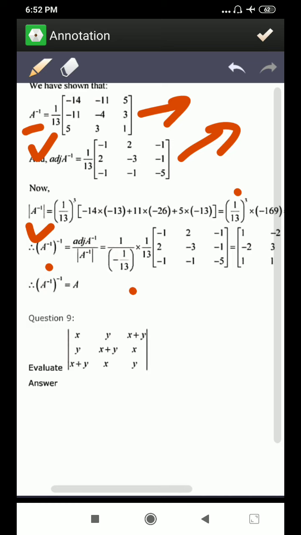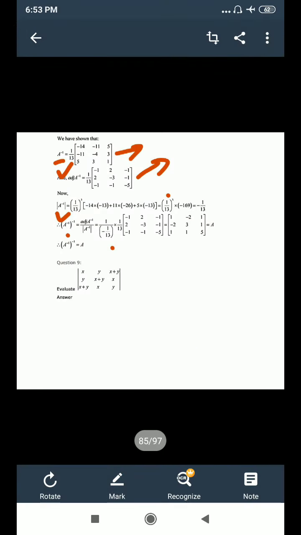Lot of calculation is there, so you can slow down the video and note all these things. Calculation part is there, basic nothing is there. Suppose you want to get the A inverse whole inverse, so first calculate A inverse, and again use the same process to find its double inverse. Similarly, if we want to get the adjoint of A whole inverse, you consider adjoint of A as one matrix and follow the same steps to find its inverse. So in this way we can do this question.